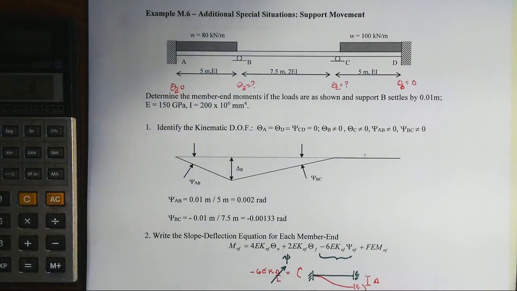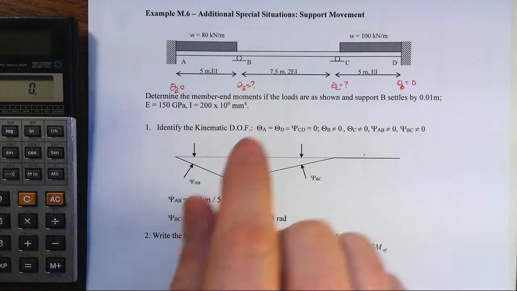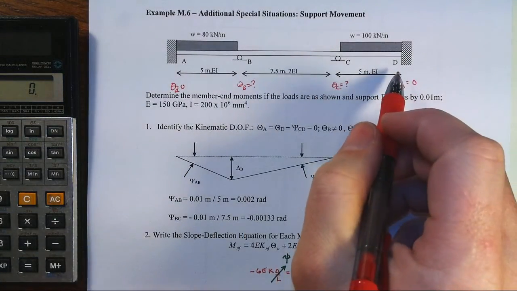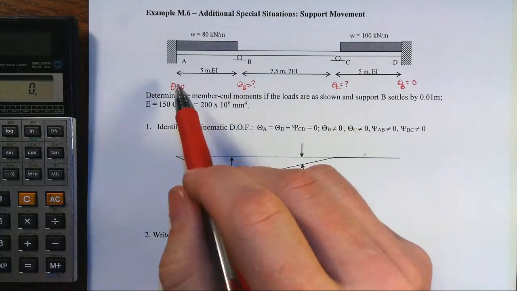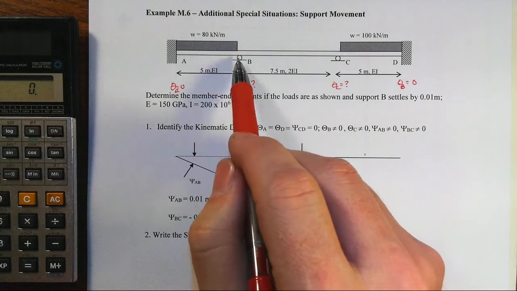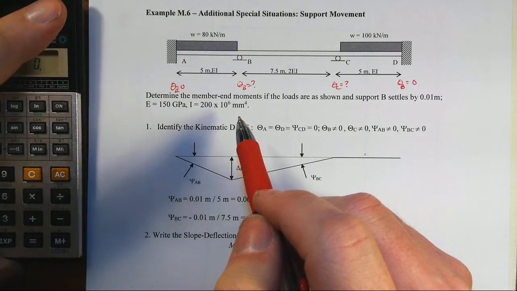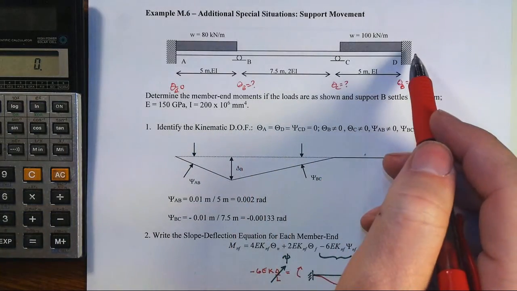In this next example, we are primarily adding in support movement. We're also going to illustrate with the moment distribution method multiple fixed ends as well. So we have two applied loads and the support movement. This item looks an awful lot like an example that we did in slope deflection, the only difference being that